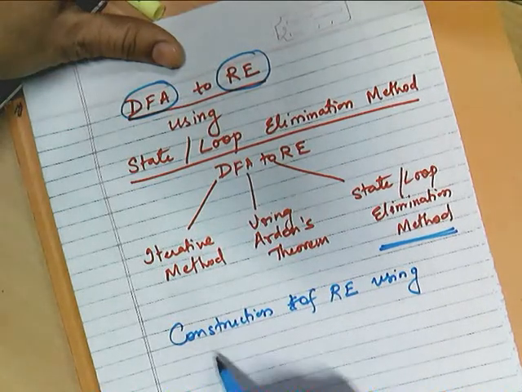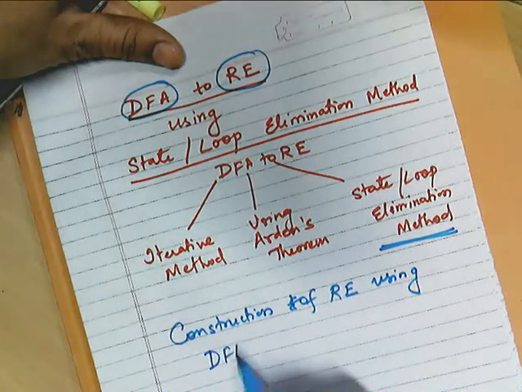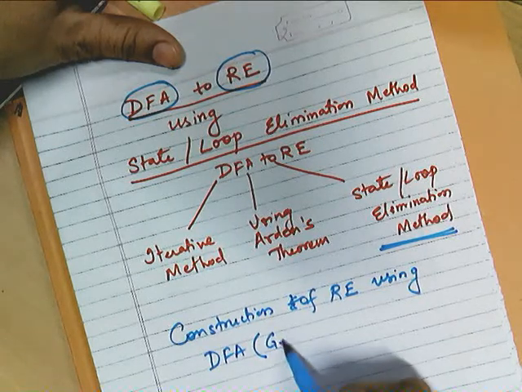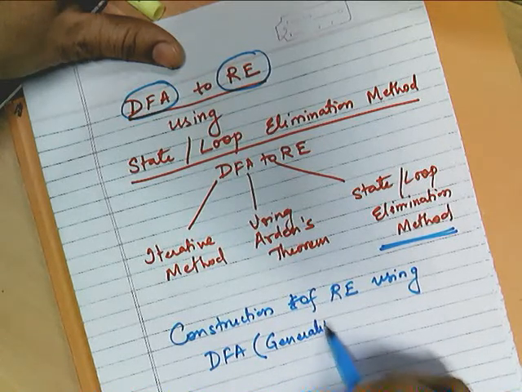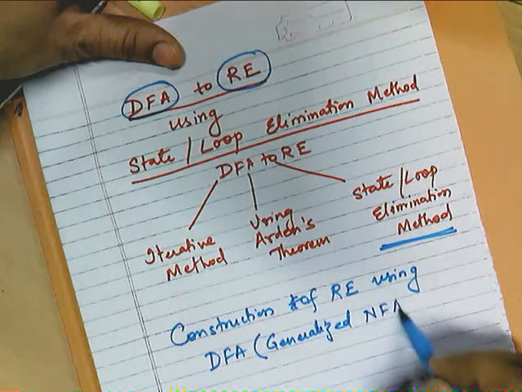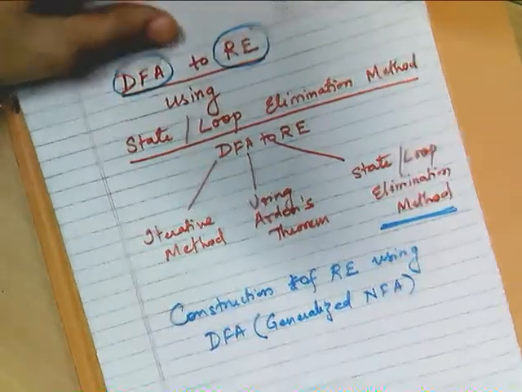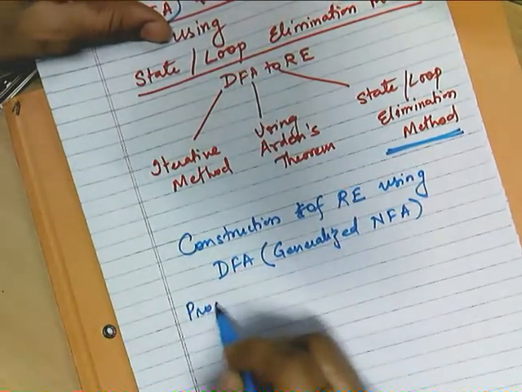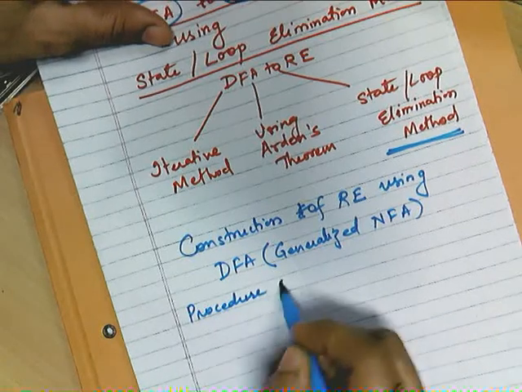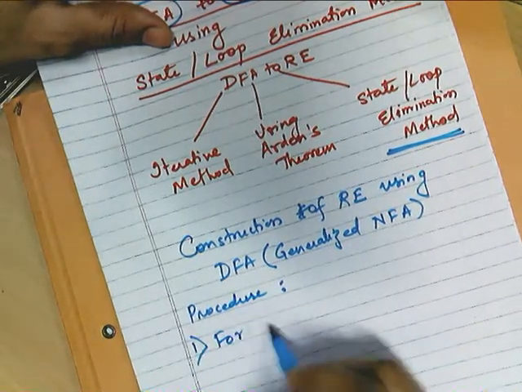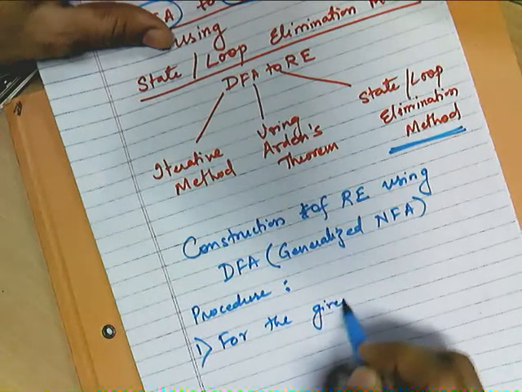which is actually based on generalized NFA. Okay, so we have to very first prepare the generalized NFA. Now what is the procedure for it? The procedure is, very first step is, for the given DFA